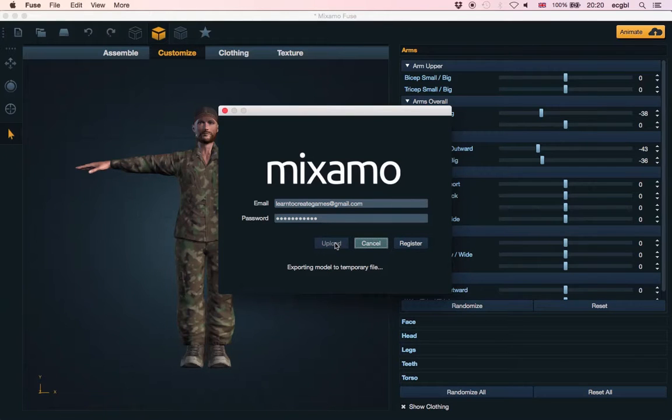Once this is done, it's going to take a little while. The percentage of the file that has been uploaded will appear right there. It shouldn't take too long. It will depend, obviously, on the speed of your internet connection, and also on your computer. So we're going to wait a few seconds, and in less than a minute, you should be able to see this character in Mixamo, in the online